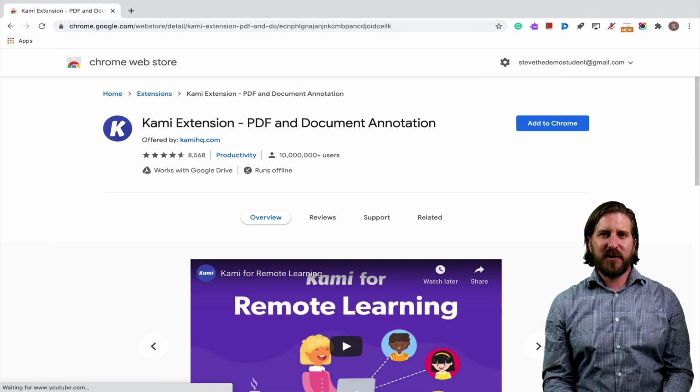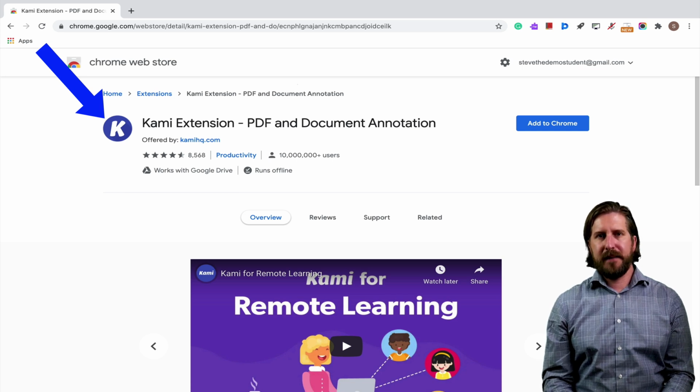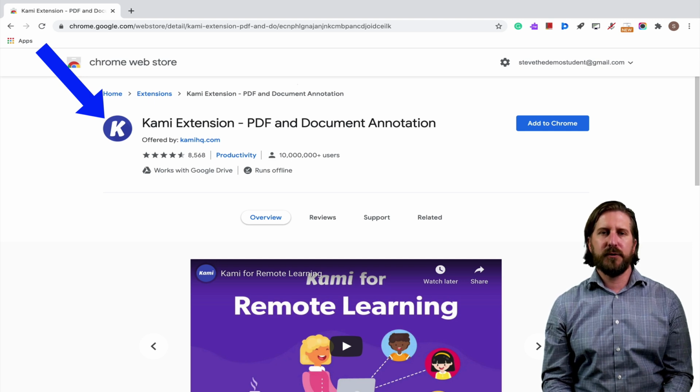The ninth must-have Chrome extension for students is Kami. Now, full transparency here, Kami is going to work best if you have the pro version, but the trial period that Kami offers of over 2 months is also quite a long period of time, so you could check it out for a while with your students to see how you like it.